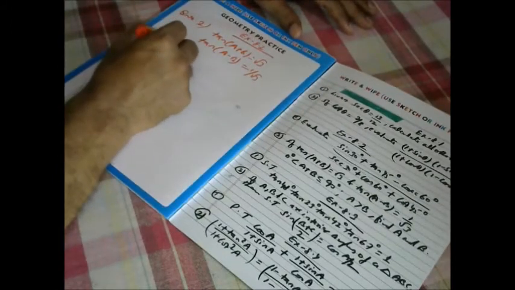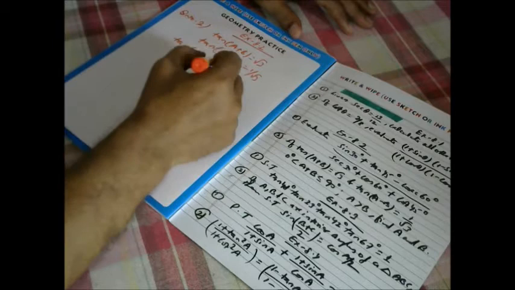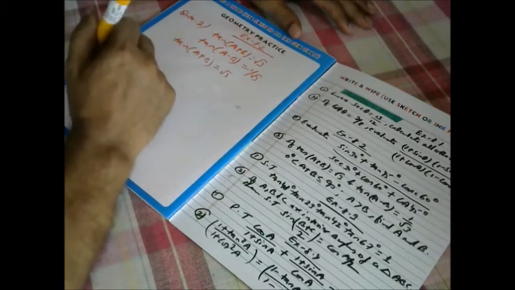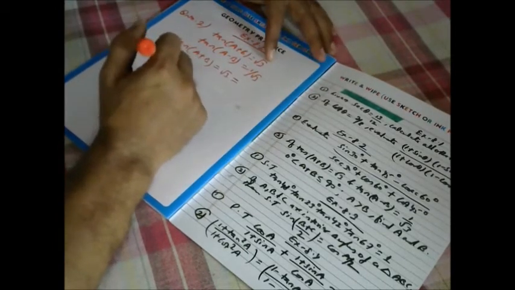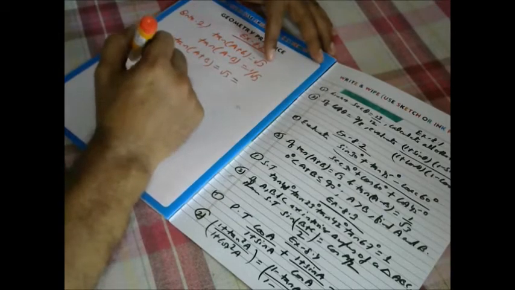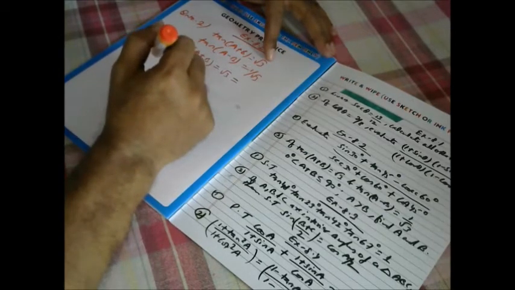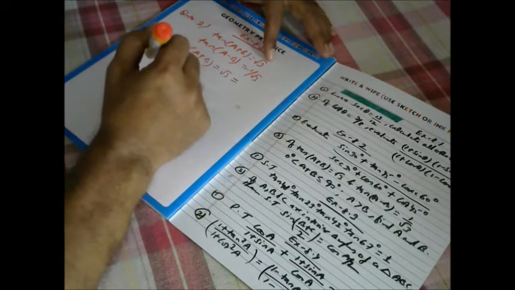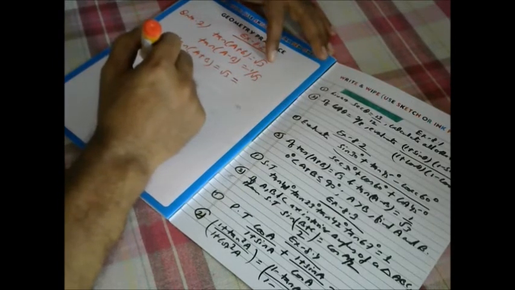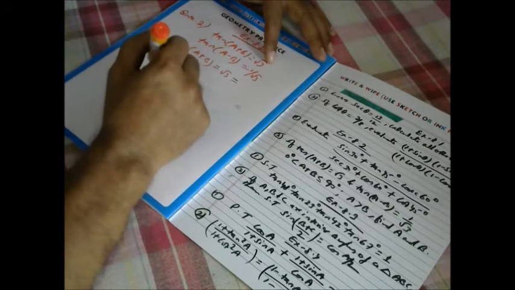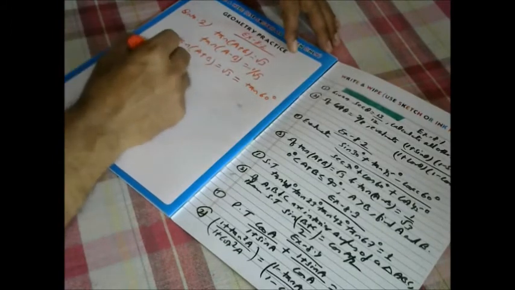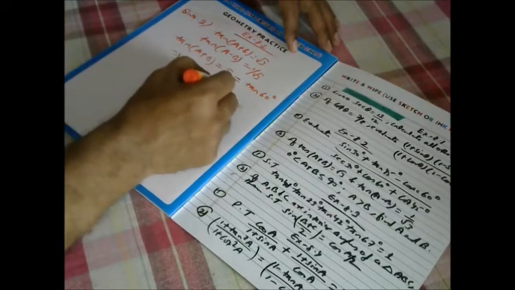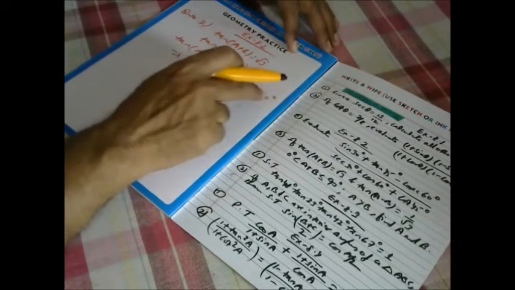Okay, so we can write tan of a plus b is equal to root 3. So when root 3 comes in the table, which angle is it? Tan 0 degree is equal to 0, tan 30 degree is equal to 1 by root 3, tan 45 degree is equal to 1, and tan 60 degree is equal to root 3. So we can write it as tan 60 degree. This is giving to us a plus b is equal to 60 degree. So it means a plus b will be equal to 60 degree.